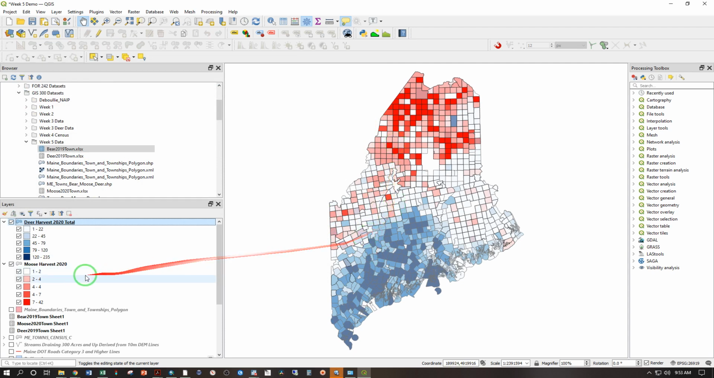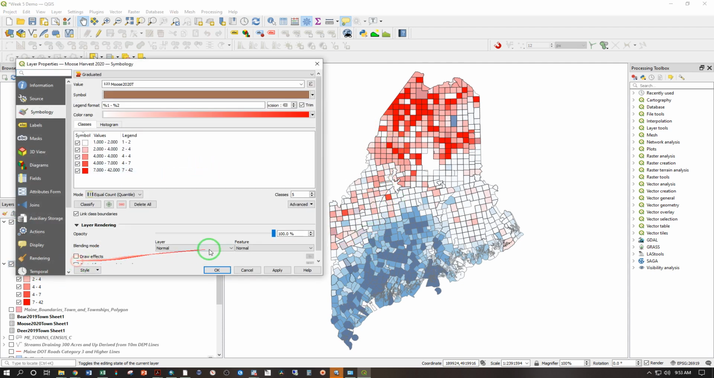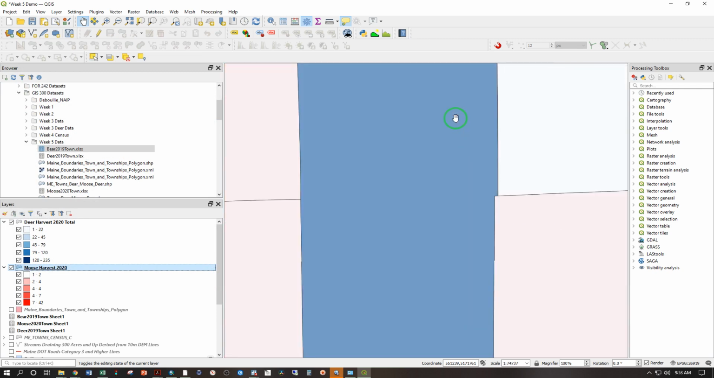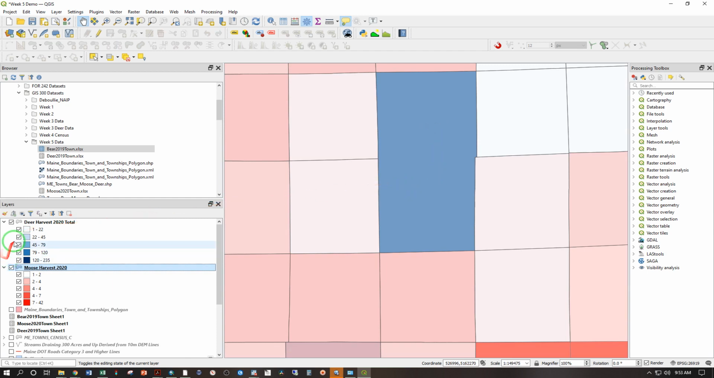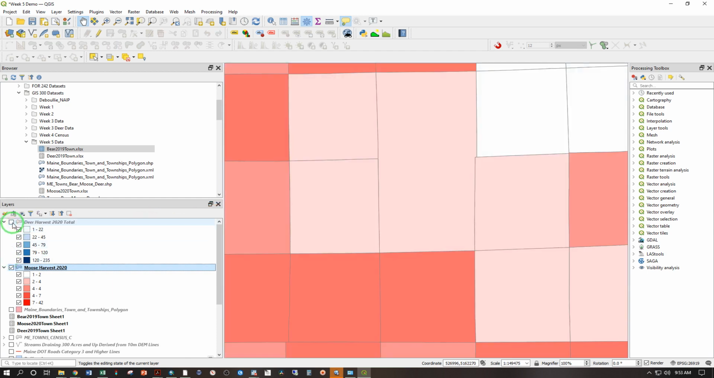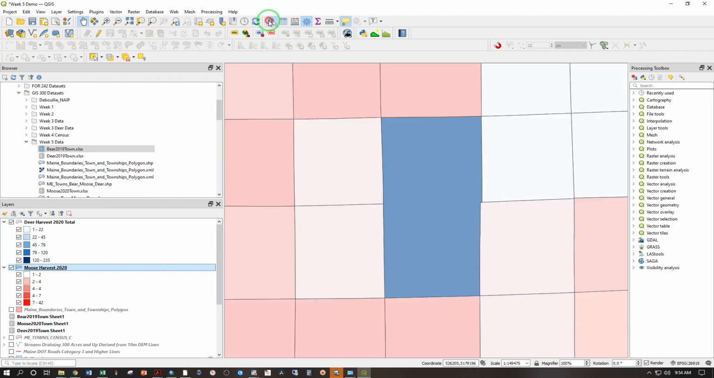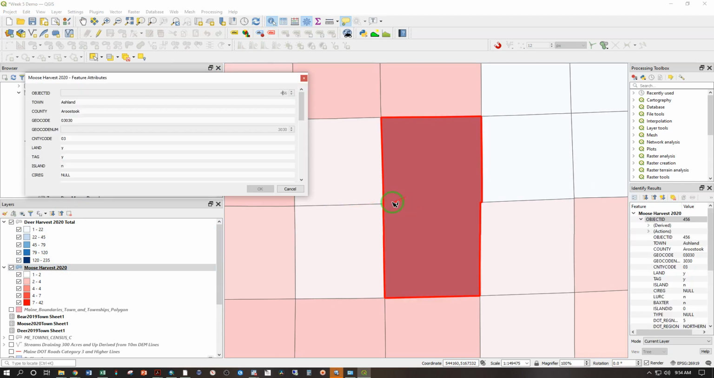There's quite a lot of separation between them. But let's set some transparency on our moose harvest as well. Okay, so now we can see there's actually some overlap here. We'd have to look closer at this township here, and there's some moose, but it looks like it's a better spot for deer. And of course we can use our identify features tool with moose harvest selected and find out